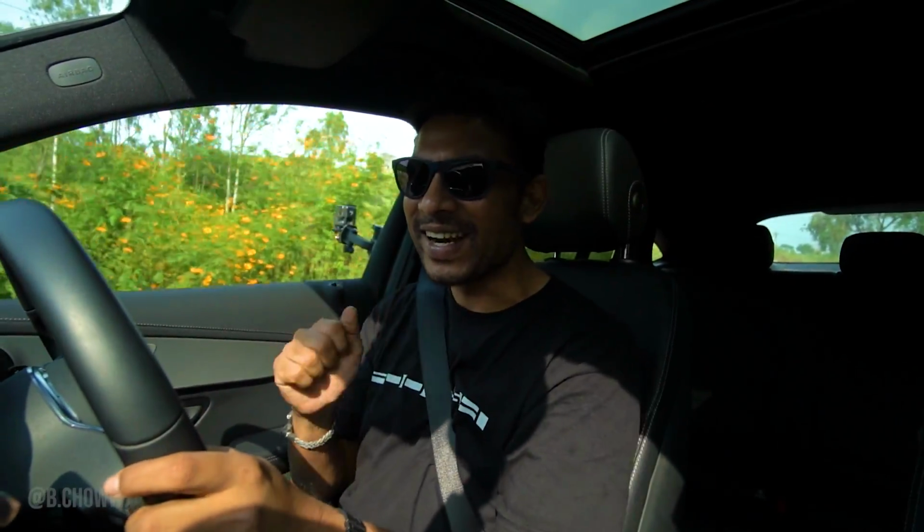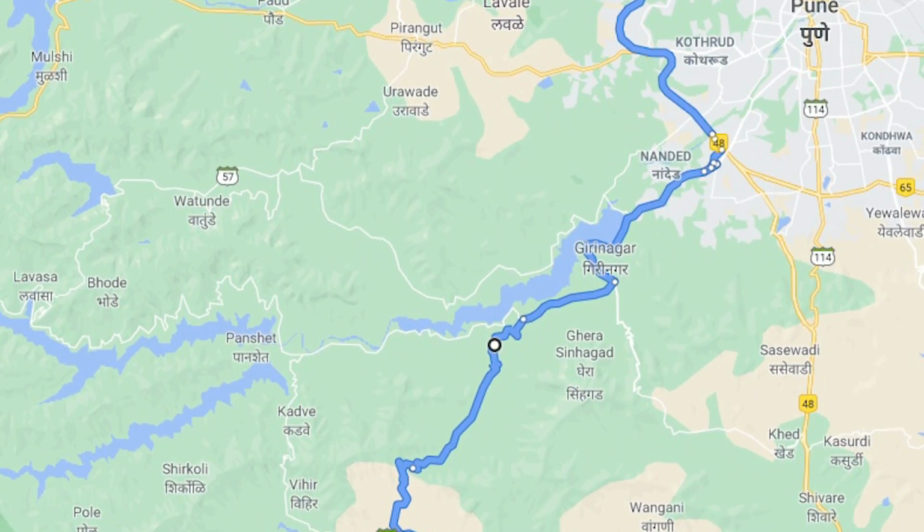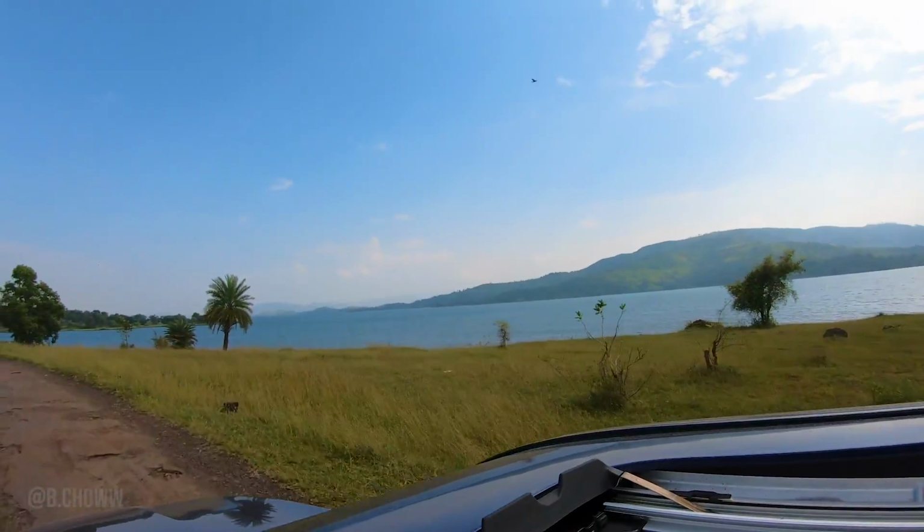So that was an incredible detour which we just took. Instead of coming directly from the highway, we went behind the mountains and we ended up at the first lake, which was Khadakwasla, then the second lake, which was Bhor. Both of them beautiful. Khadakwasla is your more commercialized kind of place, but Bhor is a little distant for people to come. It's a little desolate, plus the roads are not good. So Bhor is the place where you actually want to come on a weekend,